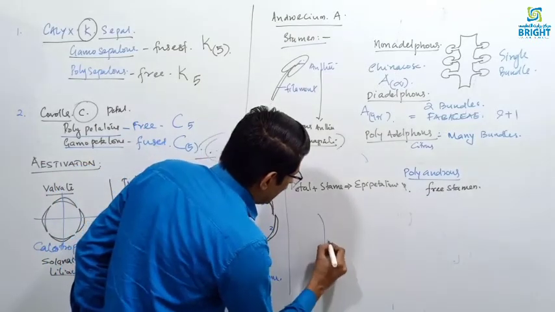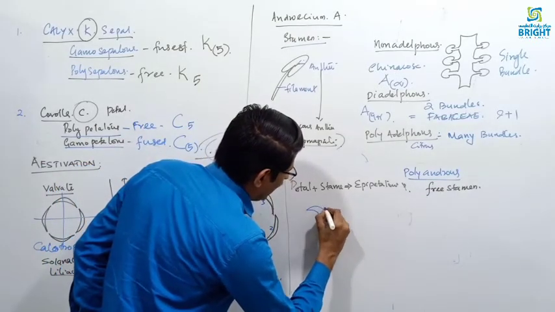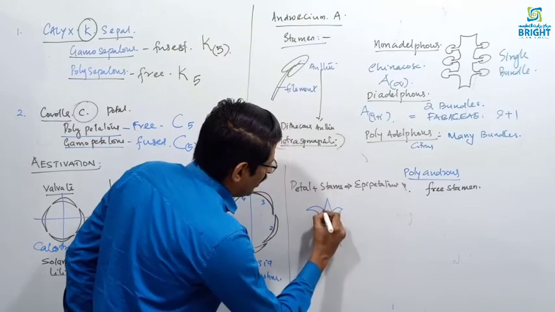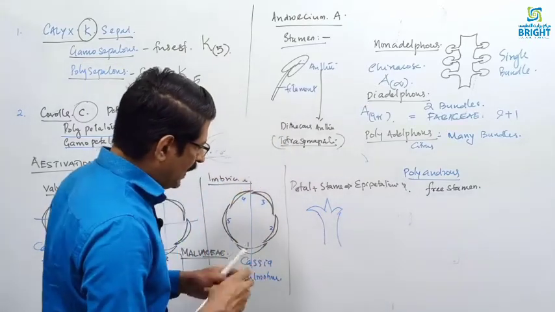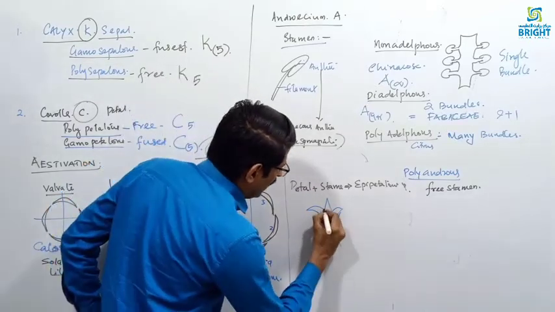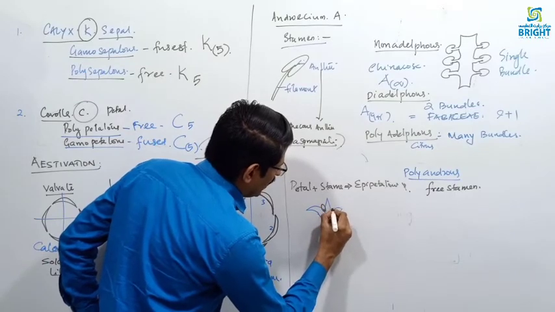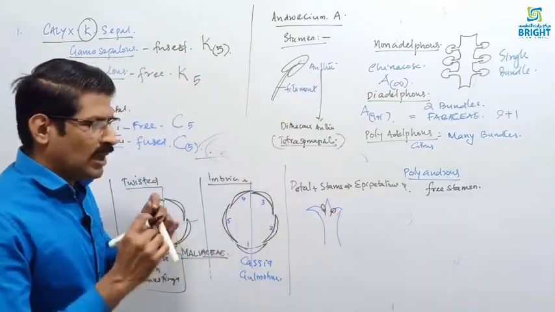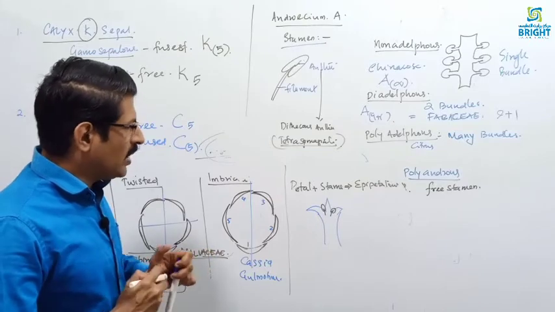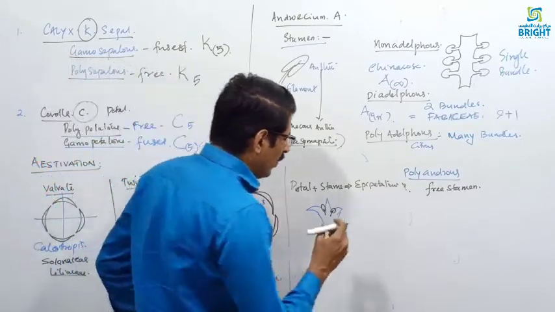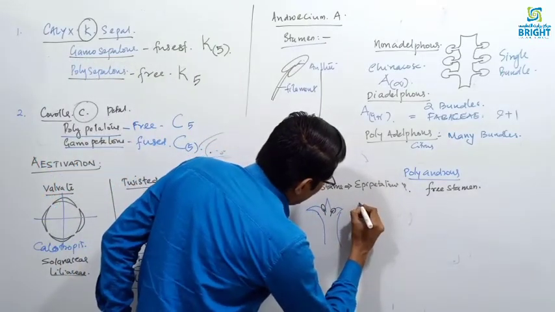So when we take the cross section of a flower, this is the cross section of a petal, and the stamen may be attached here. It is seen in Ixora. So the stamens are fused with the petal. Such a one is called epipetalous, and in the floral formula, it is represented by